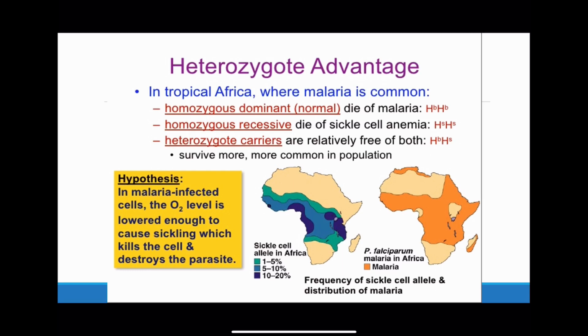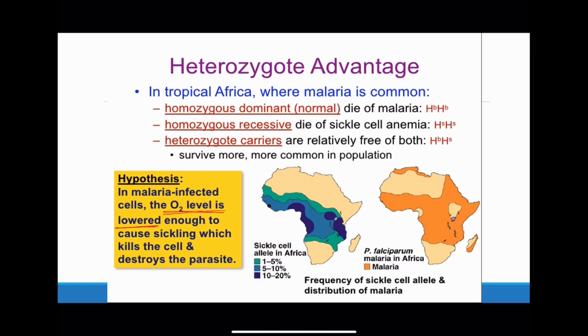One of the hypotheses that has come out is that in people who are heterozygous, there is still some sickling effect. This sickling effect of the red blood cell means that although not all the red blood cells are sickle cell in shape, there are still some of them that are. As a result, this lowers the oxygen level to the extent that it causes the cell to die. And if there's a malaria parasite in the cell itself, the parasite will be destroyed as well. So because of this, it provides some kind of advantage or defense to these people